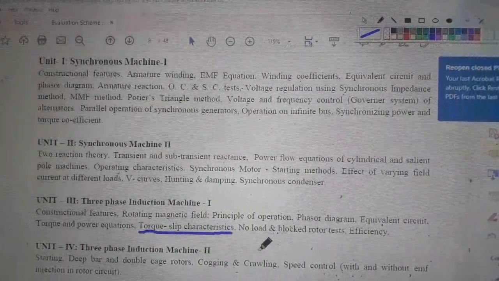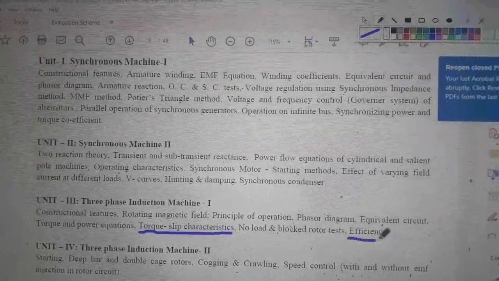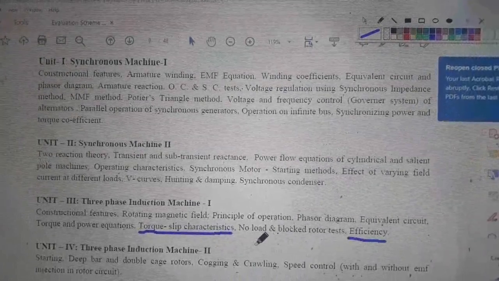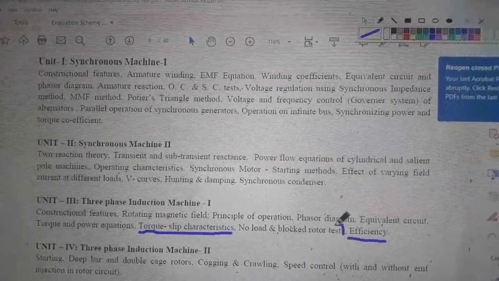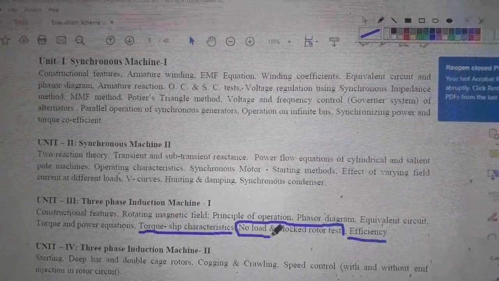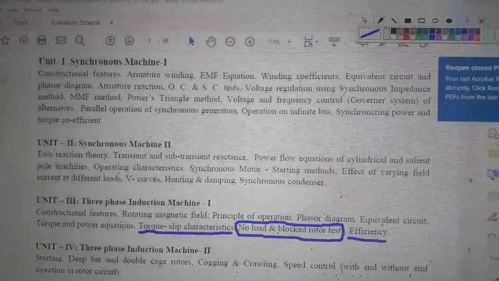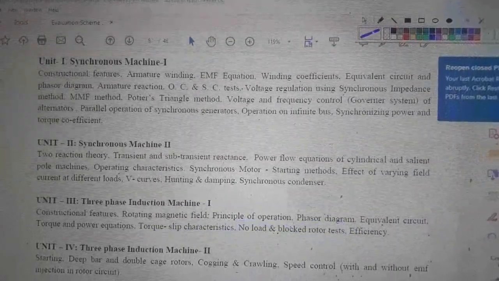No load and blocked rotor test, and finally we have to study efficiency. No load and blocked rotor test is an important topic, always asked in the external exam. Now we move to